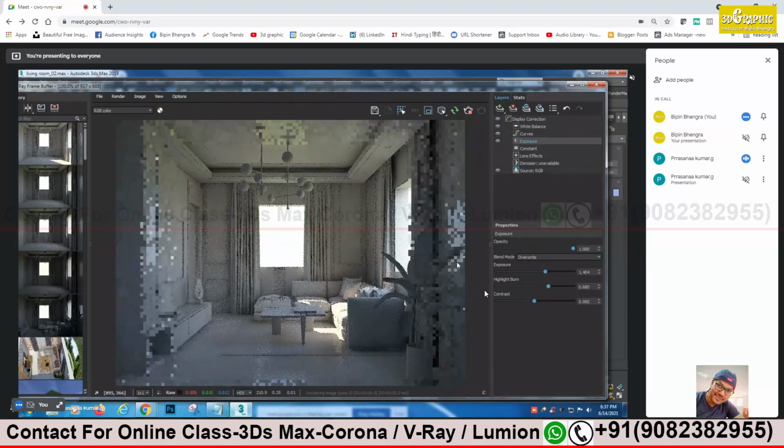Then standard camera. In render settings, we have to use V-Ray white balance. That will work in this standard camera. In the standard camera properties, you mean to say? No, because white balance is in the render settings, no? Yes, in the render settings. Whatever camera you are going to use, standard or V-Ray, white balance should always be ticked. So now it is okay. Just stop and save this.